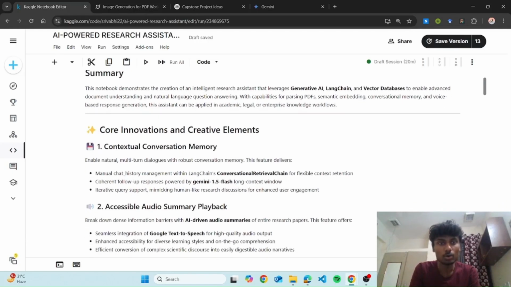Some of the core innovations, or I would say the key features of this project which I have implemented, are: first of all, the contextual conversation memory. I've built a feature which allows you to chat with the LLM by giving a research paper as input, and the LLM will store the history of the conversation between the user and the model, so that if in future the user wants to ask any question related to the past, the LLM can answer